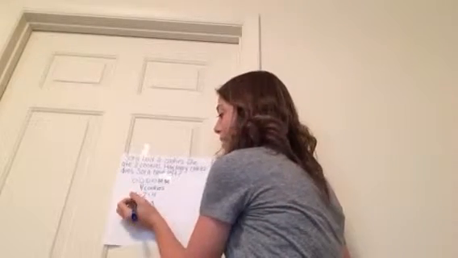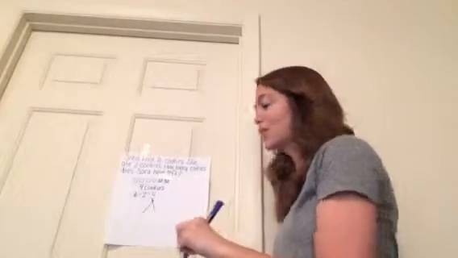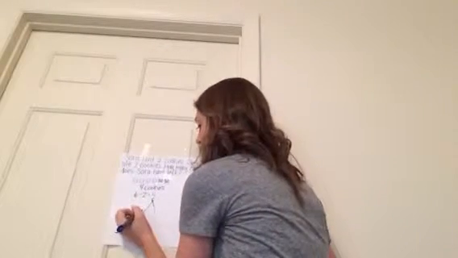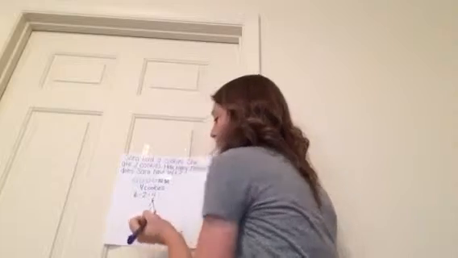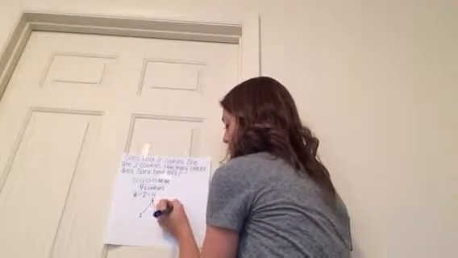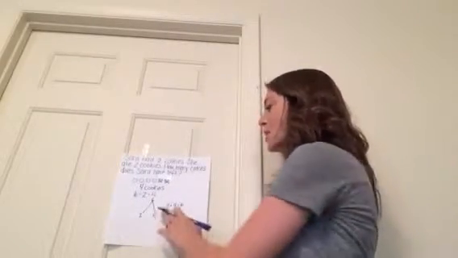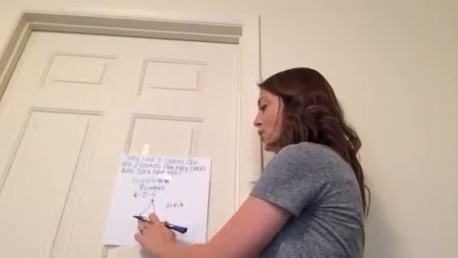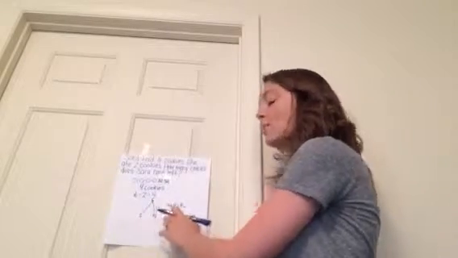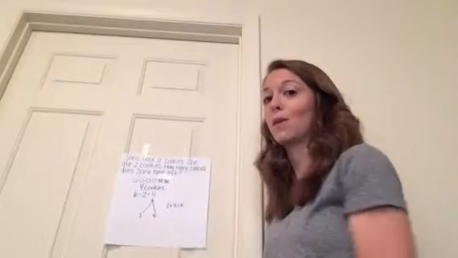So the biggest number is going to be at the top each time, which would be the answer for the addition equation. And then at the bottom, you would put the 2 partners, which would be the 2 and the 4. So when you make the addition problem that matches, it would be 2 plus 4 equals 6. But for the subtraction equation, obviously, the biggest number is always going to be at the top. So if we started with 6 and we took away 2, 4 would be left. So this just gives you another way to see all 3 numbers that are going to be part of the equation,